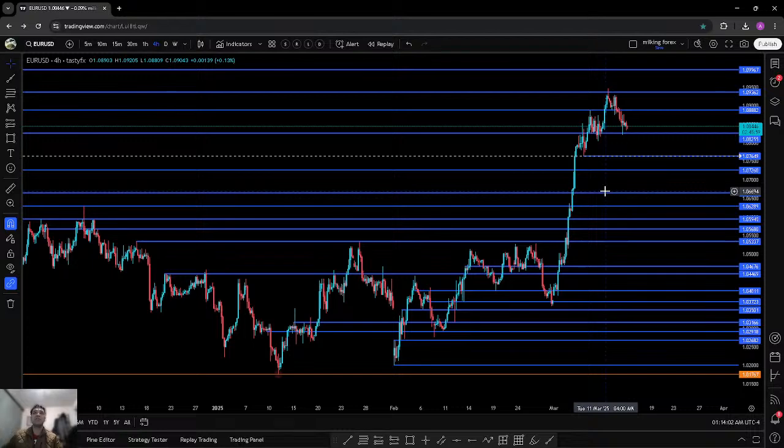So EUR/USD has made a peak formation high right here, and one of the most important things that happened is one push, two push, three push around here, and a retest, and prices went down. But our alert point is here, so I would get more interested if the prices break out of this zone around here, similarly to the yen on the upper side.